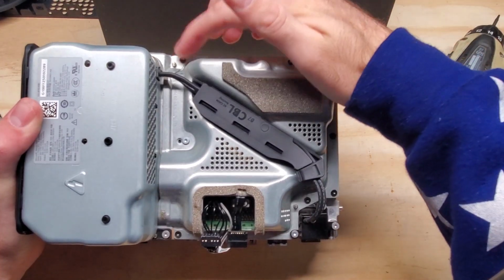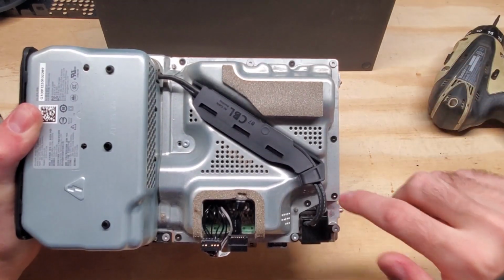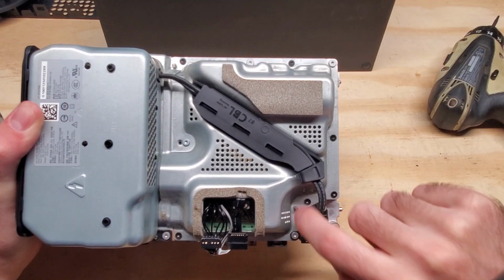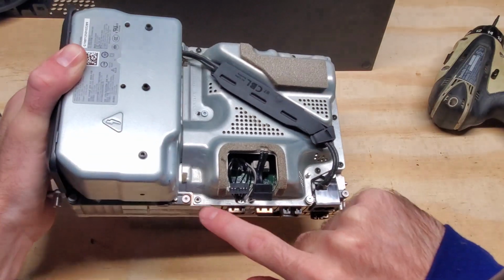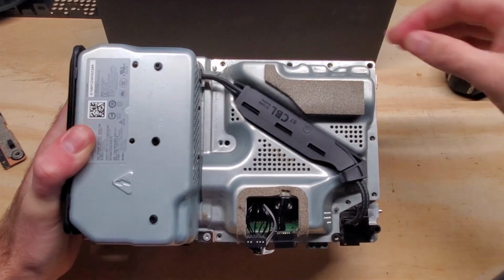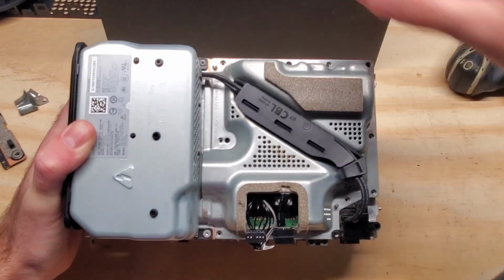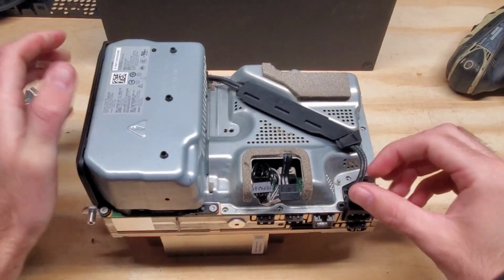Alright, so on the front here we have this screw here, here, these three, this one back here, one under here, and here. We will need to take all of those off. Now that we have those screws off, we can take off this little cover here, and then we can also